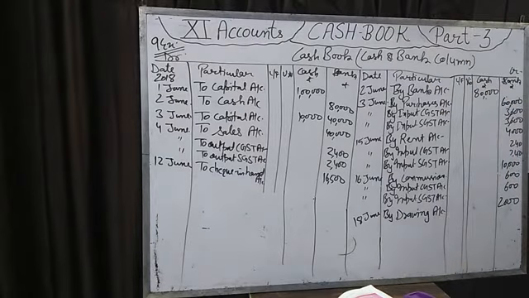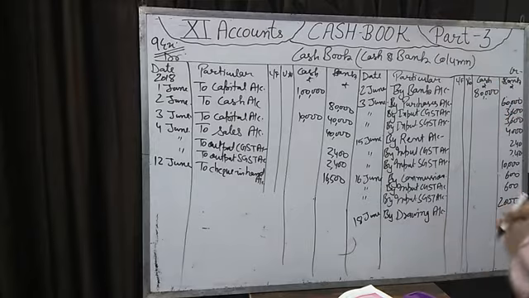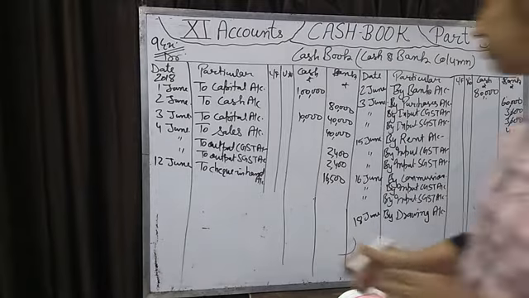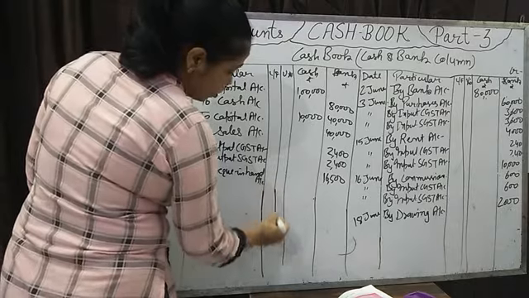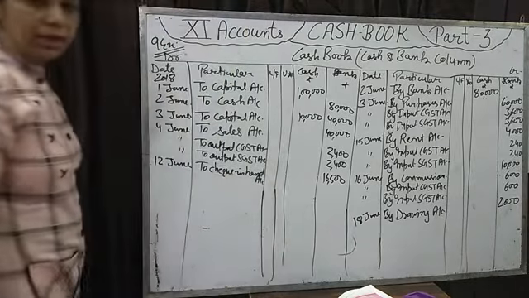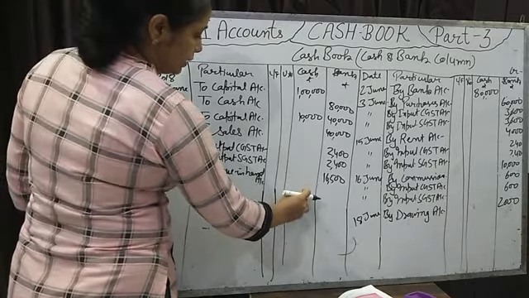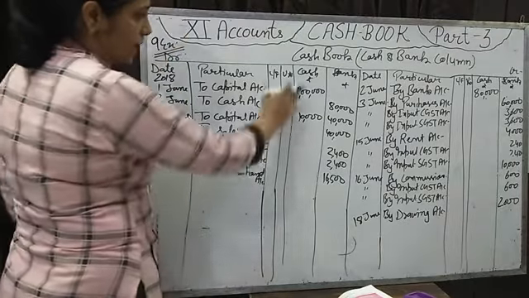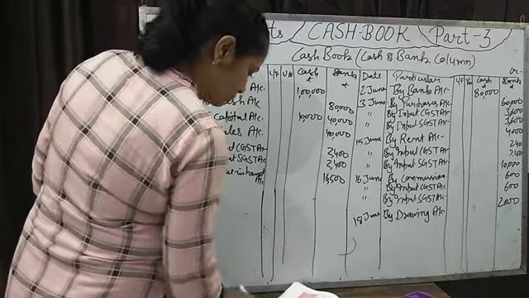Now next, on 25th June, withdraw money for office use. Now we are withdrawing money from the bank, not for personal use, but for office use. हमारे बिजनेस में हम कैश रखने के लिए बैंक से विड्रॉ कर रहे हैं. Now cash is coming into the business, so we will write in the debit side of the cash column. When cash comes, we will write in the debit side how much amount?